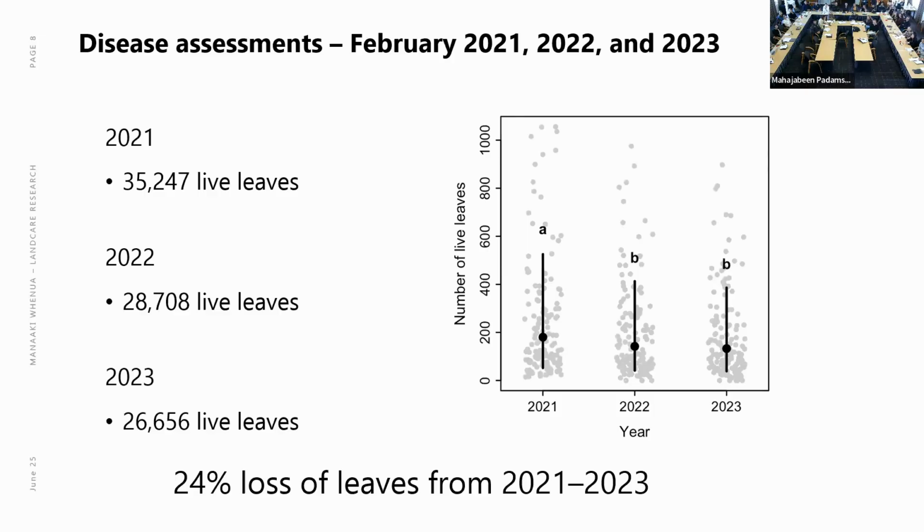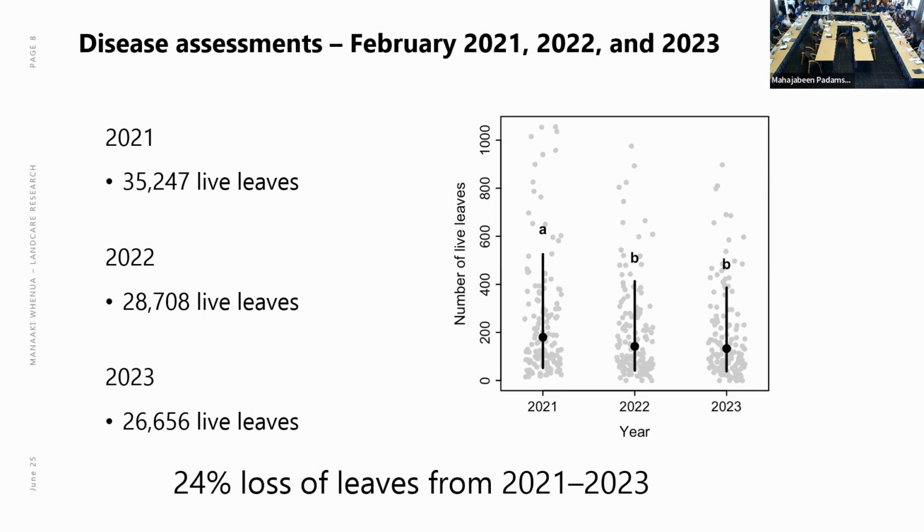So this is just the first result I'll show you. This is just the number of leaves that we counted across those three years. In 2021, there were a bit over 35,000 leaves that we inspected. And immediately, the second year that we went, there was a big decrease. We went down to almost 29,000 leaves. So just a huge decrease for one year. And then the year after that, it had fallen even further to 26,500 leaves. The difference between 2023 and 2021, that's a 24% loss in leaves